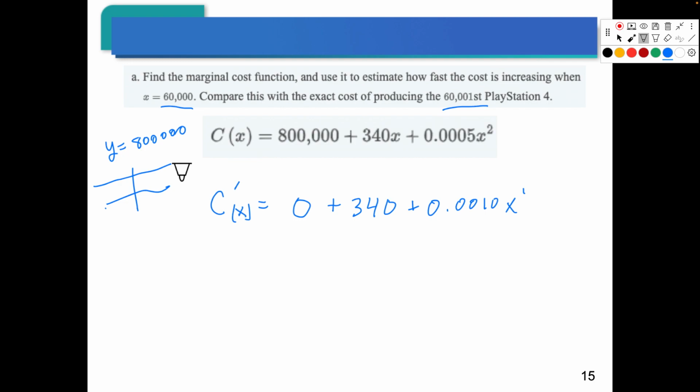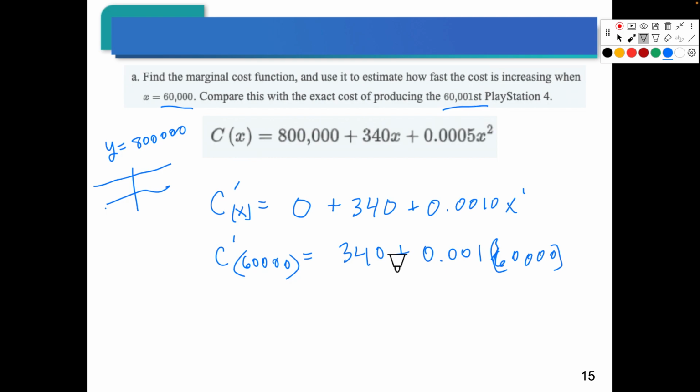Good question. All right. And so we plug in our 60,000, right? And again, what we're getting is not the cost of 60,000. We're getting the cost of the next one. Actually, this is one that's kind of weird. The costs are going up as we make more, but sometimes that could happen too. Now I don't need that trailing 0, so this is where the 60,000 goes, right? Goes in for the x, and you could